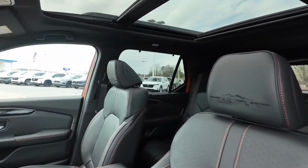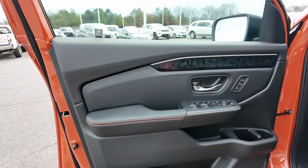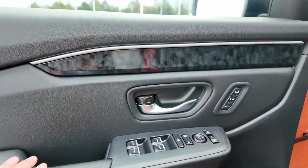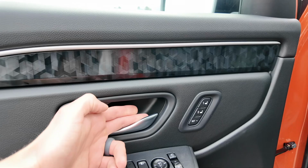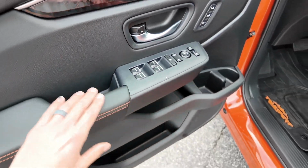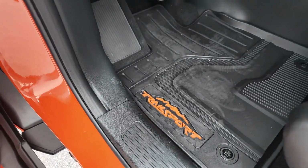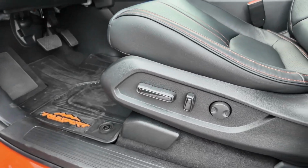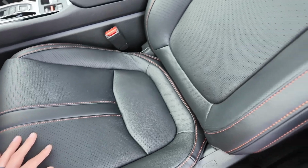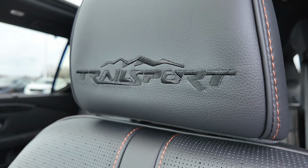This one's gonna get the black leather interior with all the orange accents throughout it. On the door panel, you just have some soft touch material throughout the center, nice padded armrest. I like this geometric texture design for the interior trim and a very ergonomic design for the handle. You have memory seating, all of your basic controls as expected, and then a lot of storage all throughout this interior. You're gonna get the Trailsport logo on these all-weather floor mats as well as power controls, and then more of this contrast stitching with perforations throughout the seats. You can see some smooth leather, more of the contrast, a nice stripe, and then Trailsport is blacked out